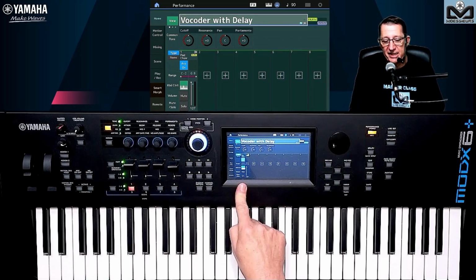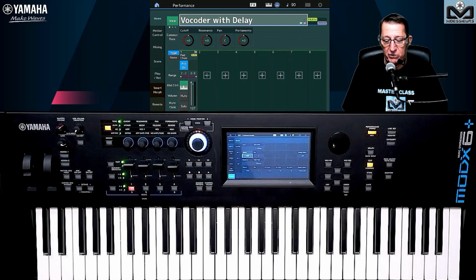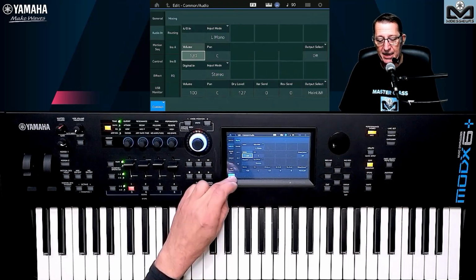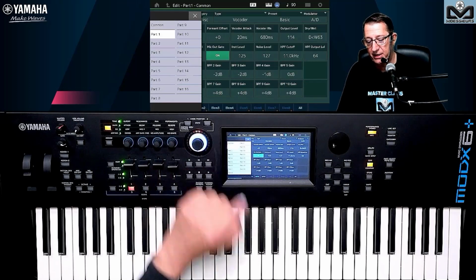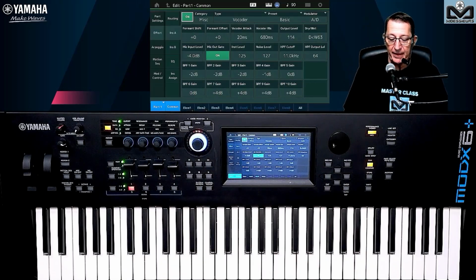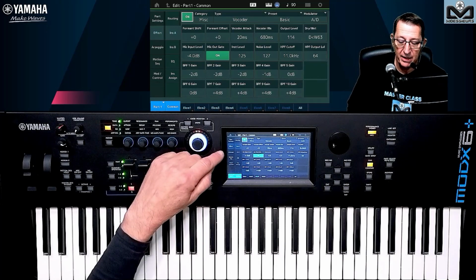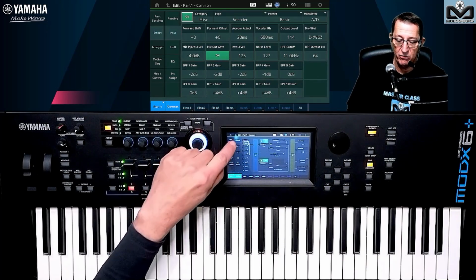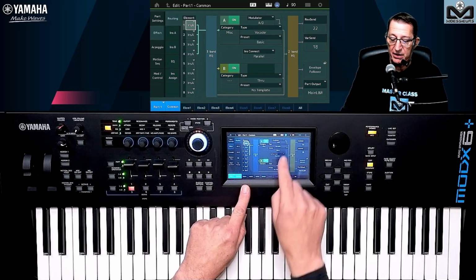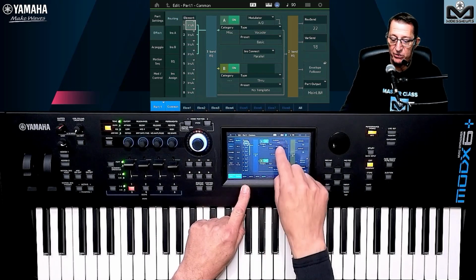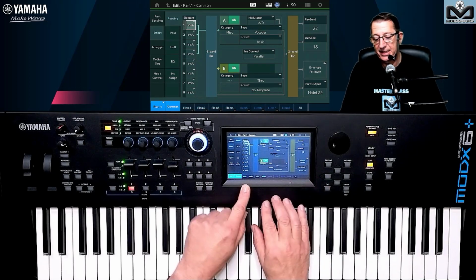Where is the synth sound? So I will explain to you. Let's go to edit for the parts. So we go on edit part 1. I need to take the good finger here. And I go to the effect, and you have the routing here. All the elements pass through the vocoder. The vocoder is managed through the AD, as you see, basically.